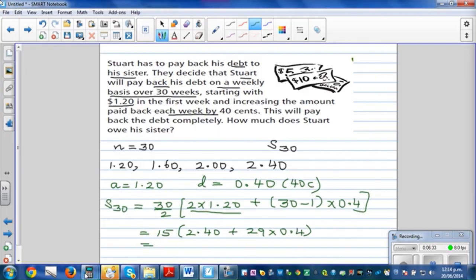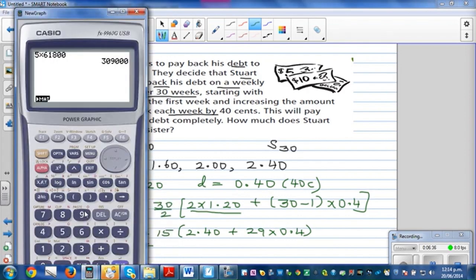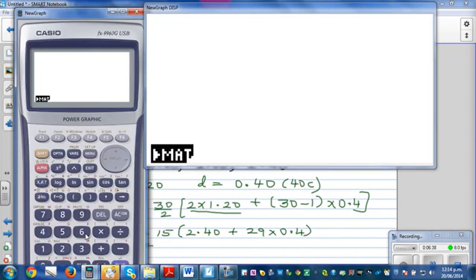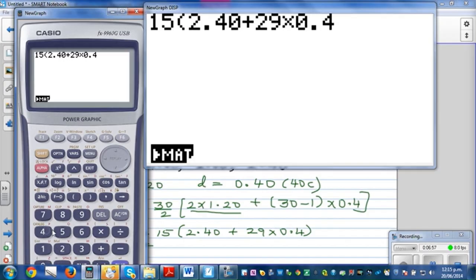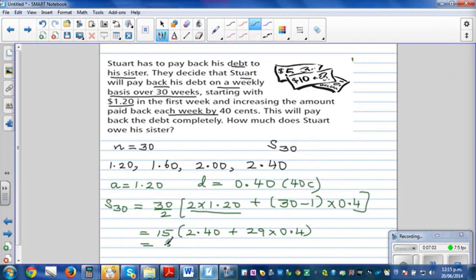So let me directly use the calculator. If you have a scientific calculator, this will do for you. So this is 15 bracket 2.40 plus 29 times 0.4, close the bracket, equal, he had a debt of $210. Okay, so the total debt he cleared within 30 weeks, or the debt he owed to his sister, was